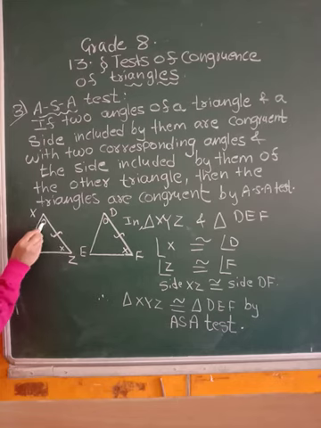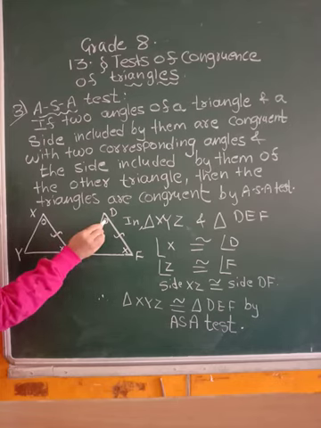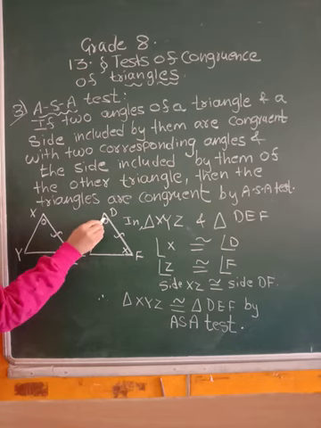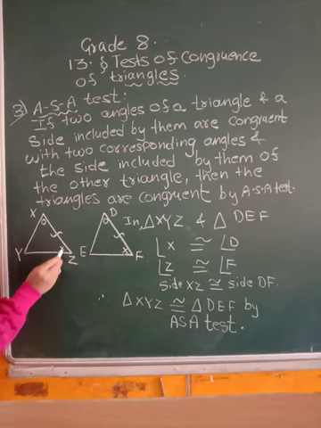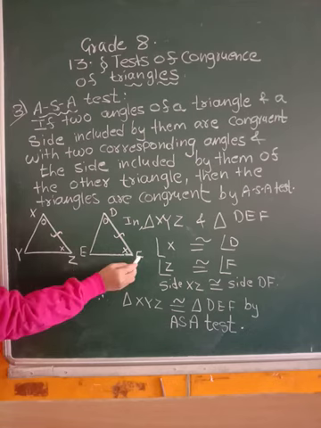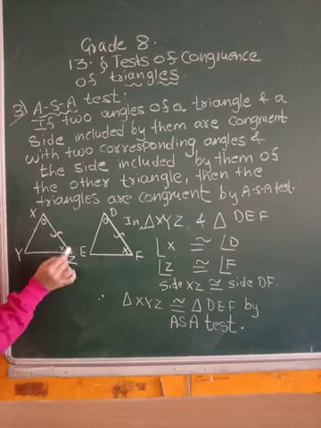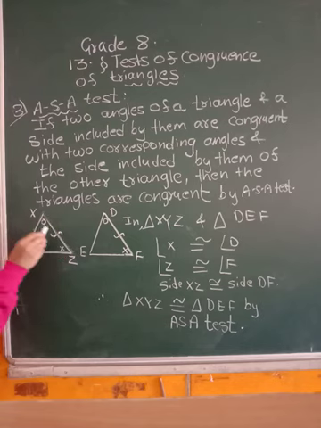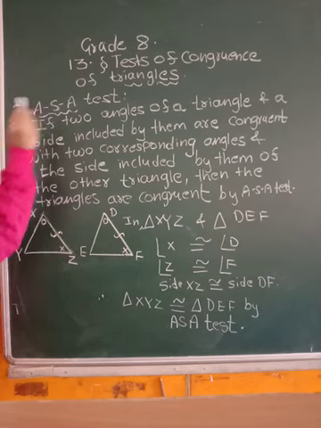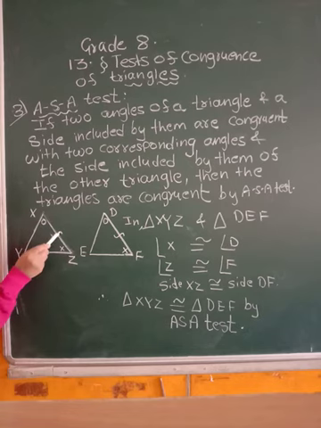Okay. So angle X is equal or congruent. It has the same measure as angle D. So these two angles are the same. They have the same measures, and X, Z and F, these two angles have the same measures. Now this side in between these two angles is the included side. Why is it said to be included? This angle is like this and Z angle is, so both the angles have this arm as common, and that's the reason we call it the included side. In between two angles lies this side. So this side is called the included side.